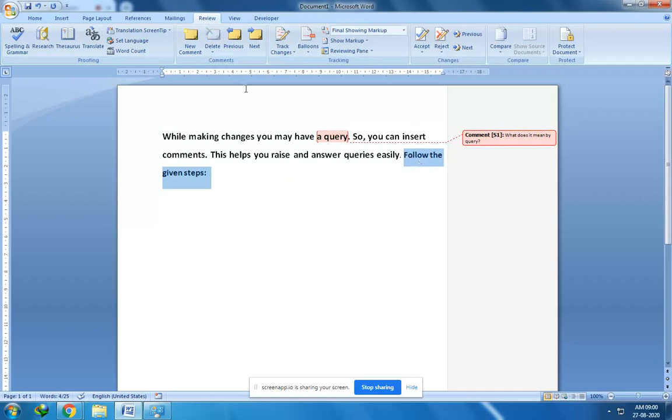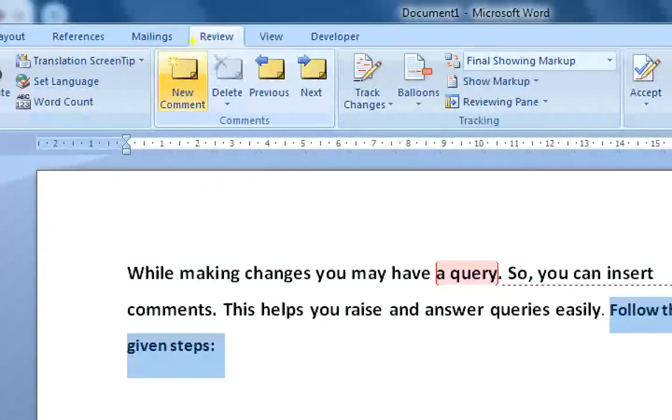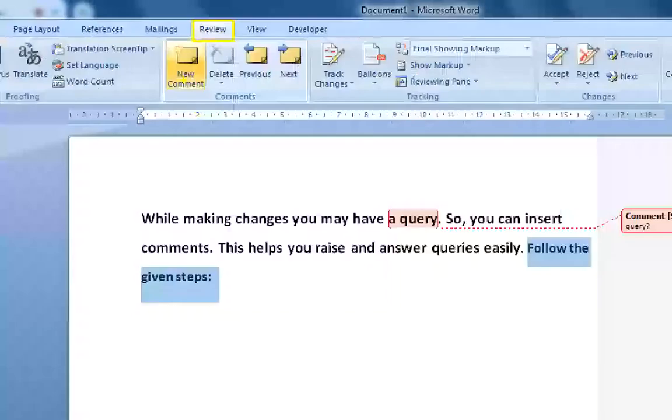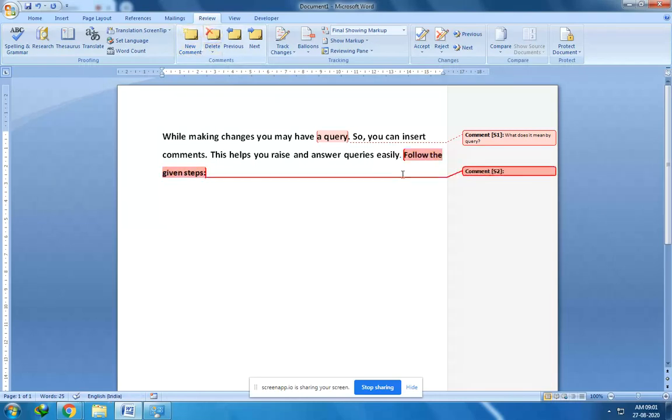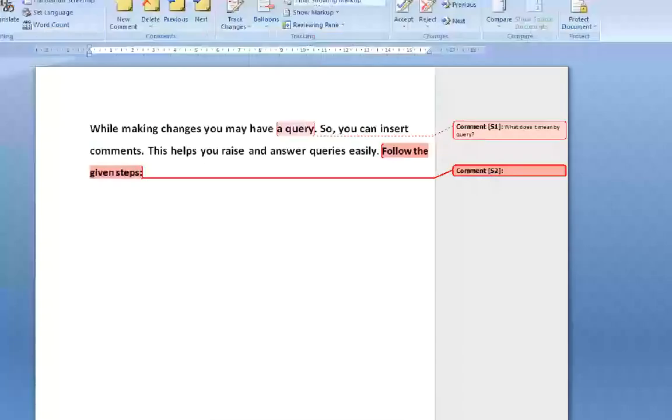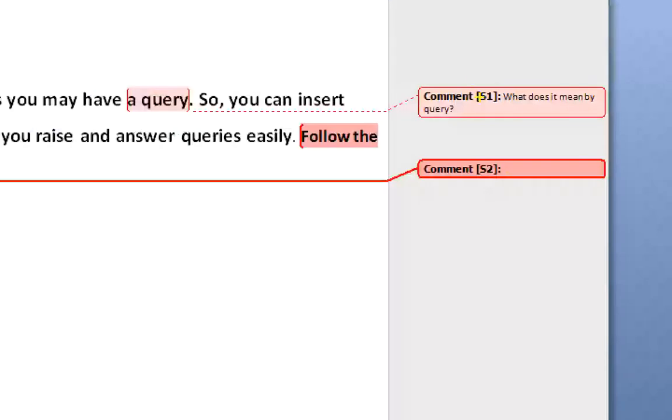So I am going to insert a new comment. Over here you can see in the review tab. Remember this, it is after the mailing tab and before the view tab, and in the comments group the new comment button is there. So I'm going to click on this, Comment S2. Previously it was comment S1, and now it is S2.